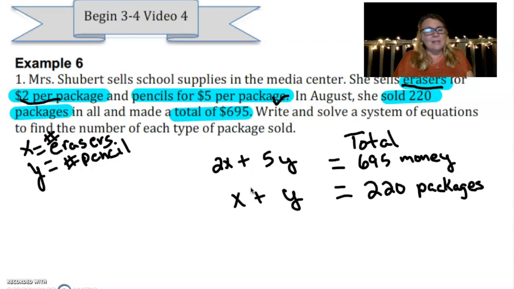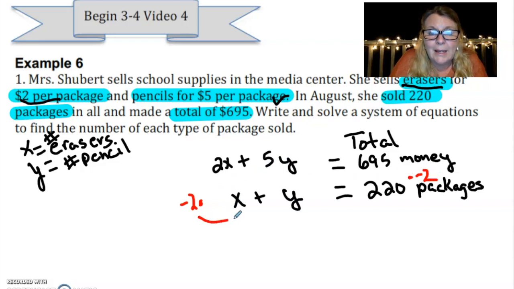So we're looking at just like we had before. Either we want our x's to eliminate or we want our y's to eliminate. You can choose whichever one you want. If we wanted our x's to eliminate, then this would need to be a negative 2x, so it would go away. What would I need to multiply this one by that's right here? I would need to multiply by a negative 2. And if I do it to one side, I've got to do it to both sides. So when I multiply it here on this side,